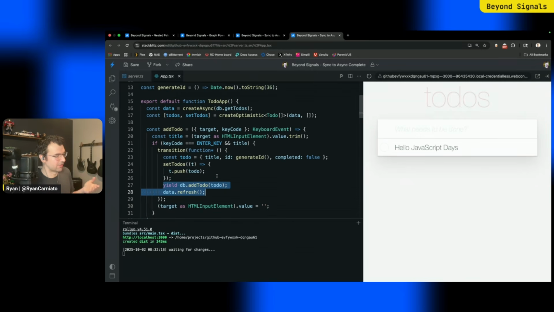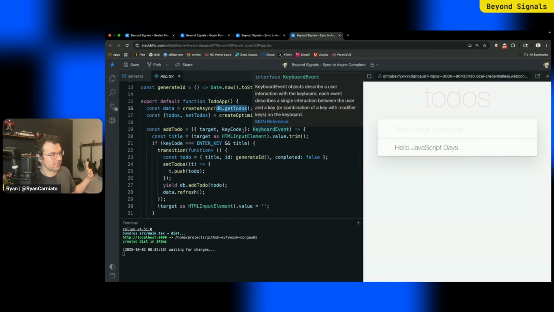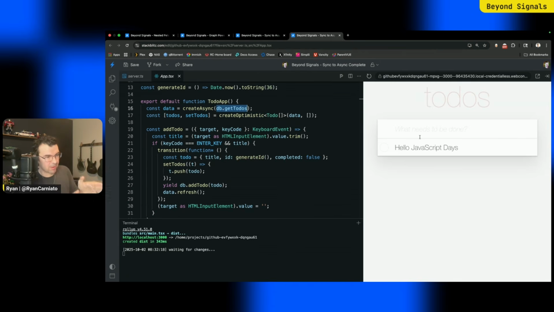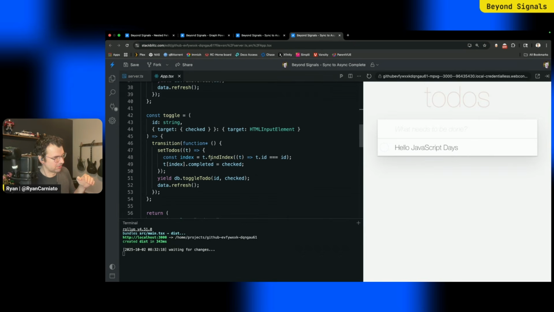And what's really cool, as I said, about this whole deriving setup is this is using a projection under the hood. So when the fresh data comes from the server, it actually diffs it in the background into our store. So if our optimistic updates match our future UI, like they do in this case, no additional work runs. We just do the fine-grained updates when we set the to-do here. As you can see, this is push. We're not running the whole list. We're just adding an item. We're just toggling, just setting checked on one item and doing those fine-grained updates. And then when the data comes back from the server, it matches the data against the data, sees nothing else changes, and doesn't run anything. This way you get the best of basically all worlds.